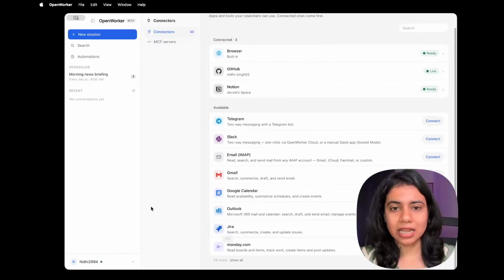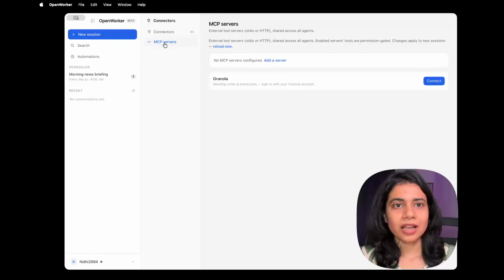It includes Telegram, Slack, Gmail, and various others. And this is the MCP server section. So we can add in MCP servers if you want. By default, they have given the granular one, which is for the meeting notes. Yeah, it's super cool. It's very similar to how we have all these connectors and MCP servers in Claude or